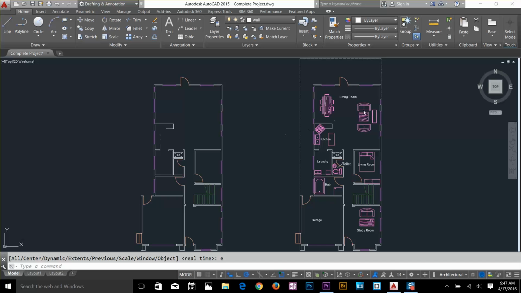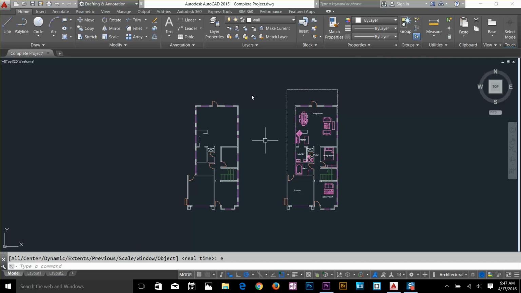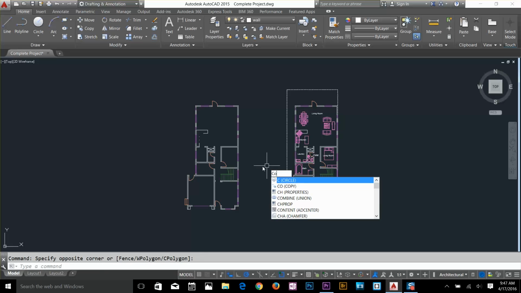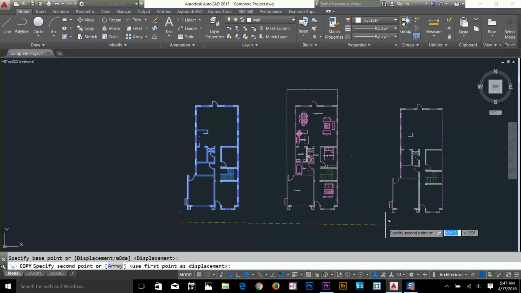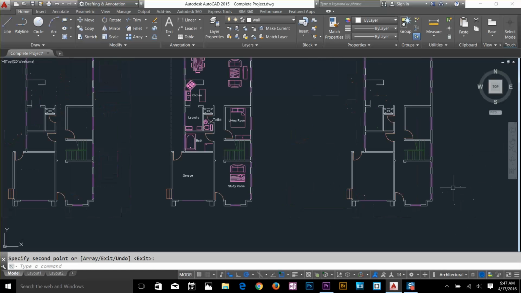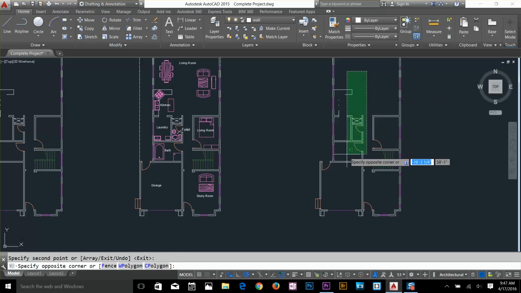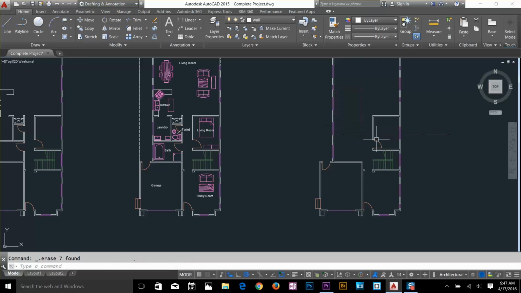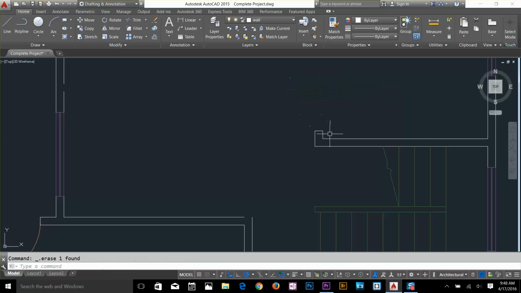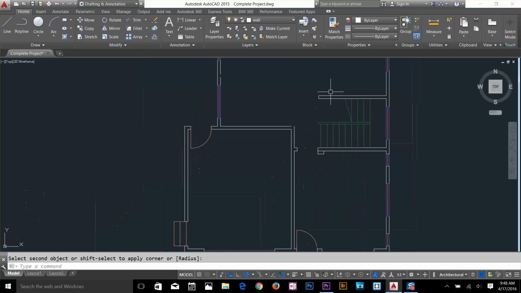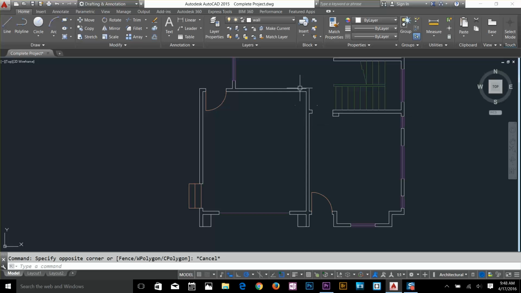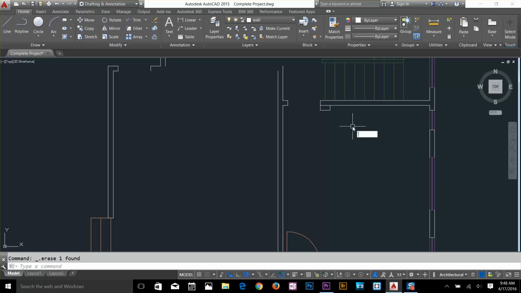Alright guys, I've got my ground floor done and I've got a backup copy here. So what I'm going to do, I'm going to make a copy of my ground floor, and I'm just gonna clean up a little bit and make it ready for my first floor work. So you gotta get rid of all of these lines first, get rid of this room as well, except the stairs, because stairs is going to be the same. And just grab the line and then use your fillet command. Alright, and that room would be gone actually, so I'm going to delete this line, get rid of this door, and I'm going to extend